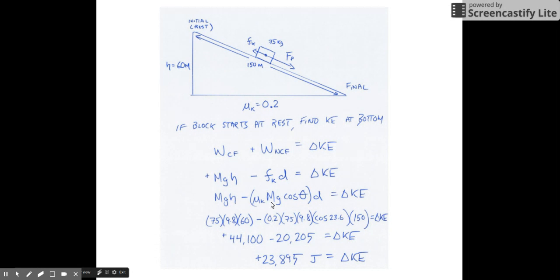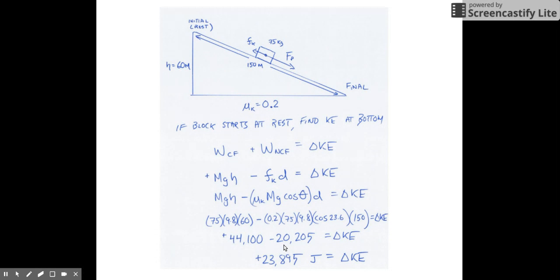The next line is old physics. We do a substitution to find the force of kinetic friction. A little bit of review there. Again, d is the length of our ramp. And then you can go ahead and substitute your numbers in. You end up finding out that weight does 44,100 joules of positive work, and friction does negative 20,000 joules of work